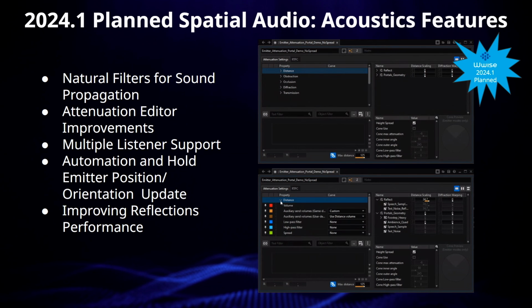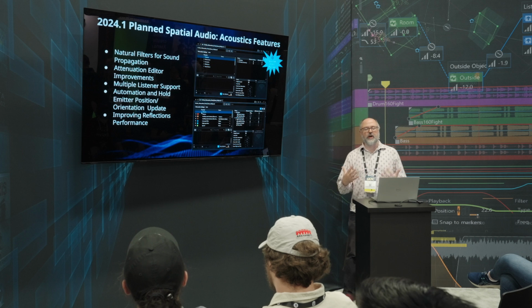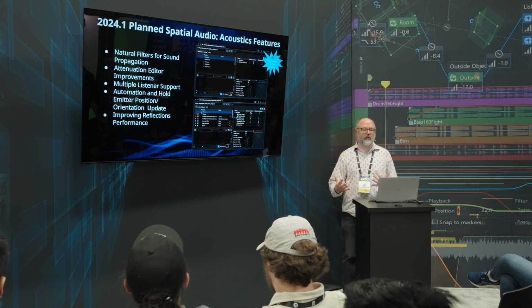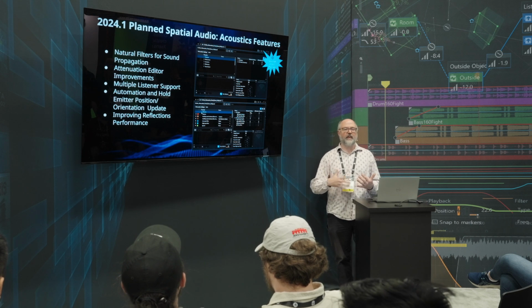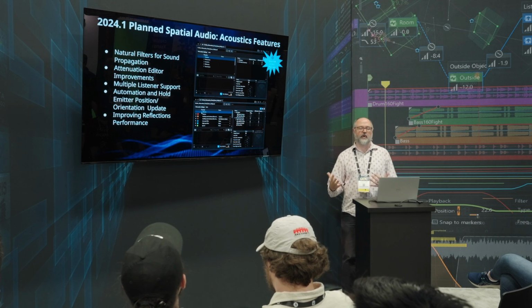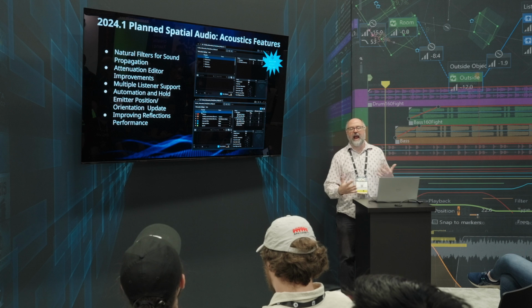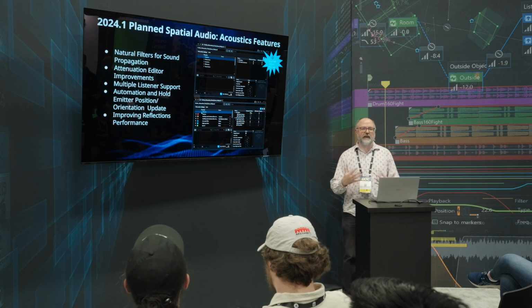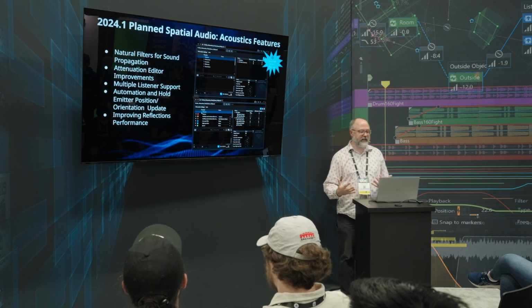So you can now, on sounds that are subscribed to an attenuation, adjust the scaling on a per sound basis. And this is also true for our diffraction, transmission, and other spatial audio curves, where we've added the ability to warp curves to either emphasize or de-emphasize the effects of spatial audio as part of an attenuation.